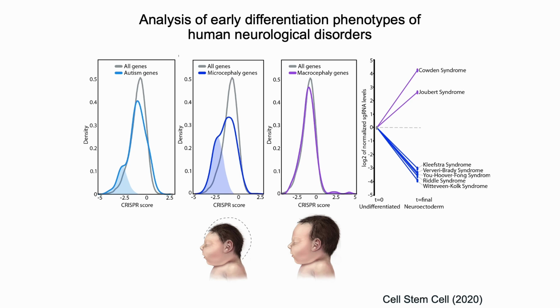The other 75%, you need to go further to see this effect. So we have seen that with microcephaly, and with autism, about 10% of the autism-related genes, the effect was really evident, even in neural progenitor cells, which is about 2 weeks old